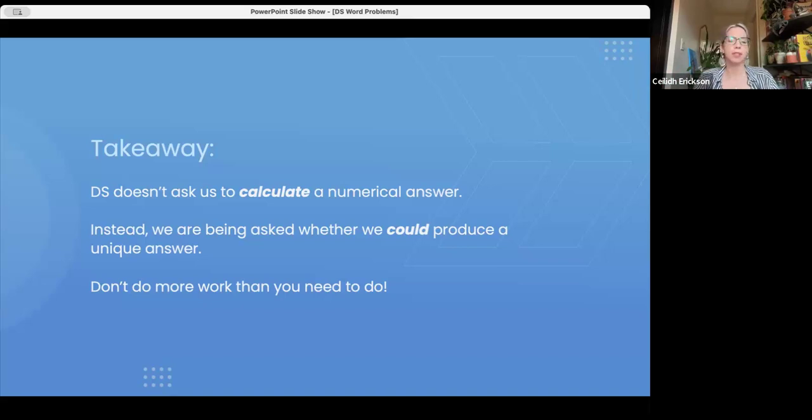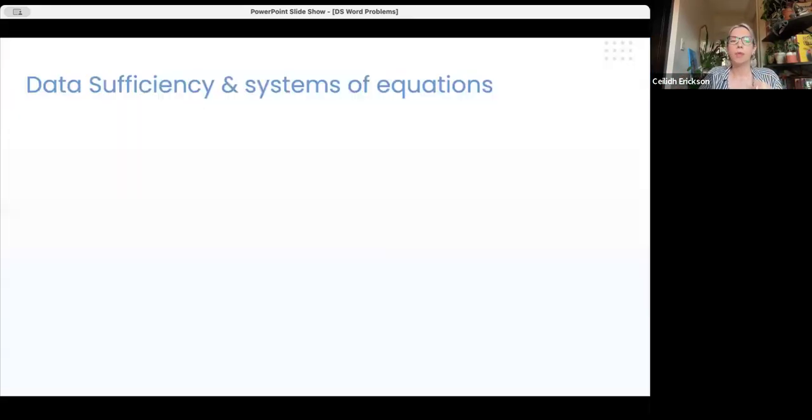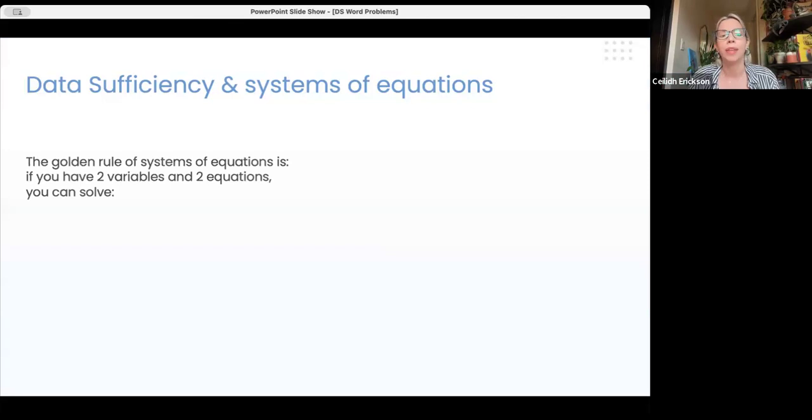First, I want us to talk about some algebra basics. The bread and butter of basic algebra, systems of equations. So you guys learned this in middle school or high school, the golden rule. If you have 2 variables and 2 equations you can solve, 3 variables and 3 equations you can solve. Our last one, it was 4 variables, 4 equations. So that's kind of the classic. If they give you